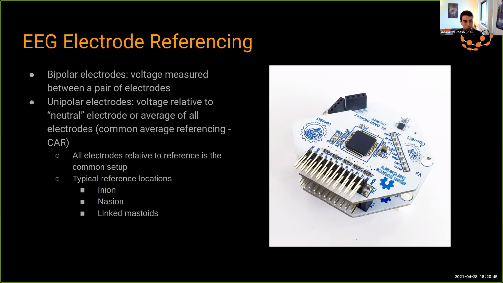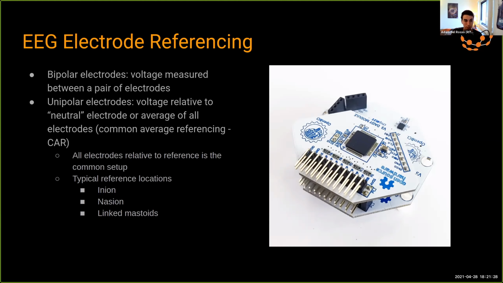And there's a few different ways we reference our electrodes. One of the most common, and if you're looking through the OpenBCI guides, this is what you're going to see, is these bottom pins actually, or I think you can use either of the pins if you're only using one, but they're going to be referenced to ear clips. So you have 2 ear clips in the case of the OpenBCI system. You see them hanging down there. One serves as the ground for the system, and the other serves as a reference point for all of the other